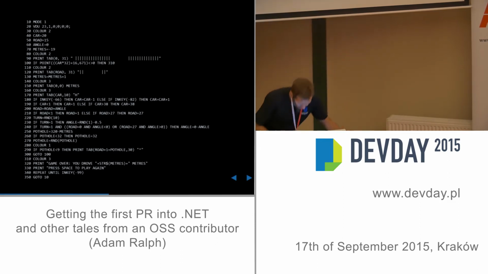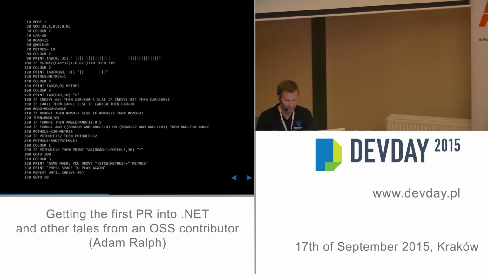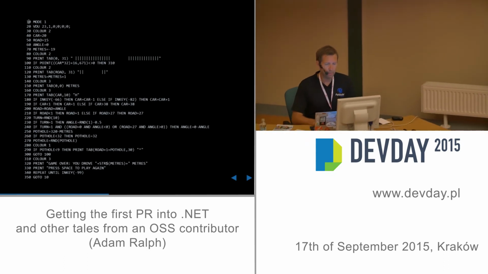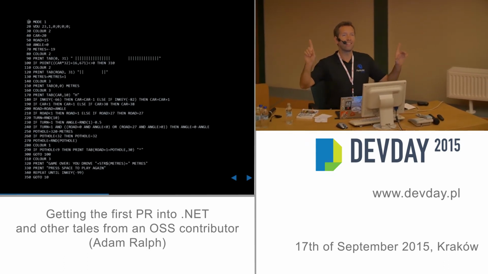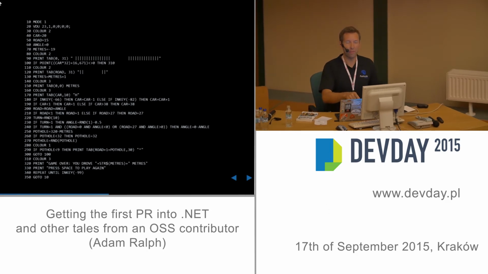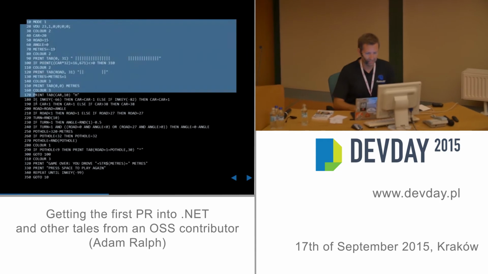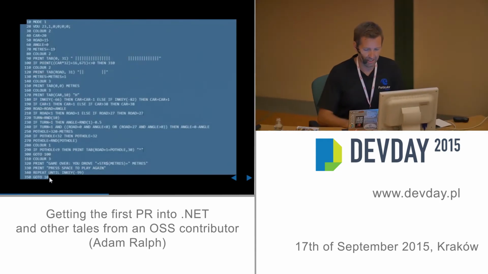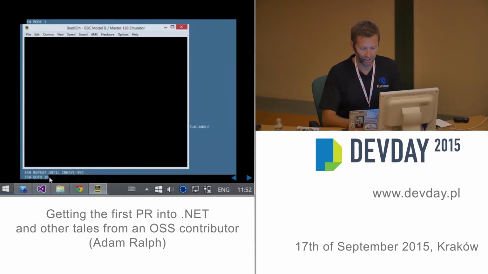And in fact, I can run this thing, which I'll do now. I used to be able to type this out in about 1 minute. So me and my friends at school would get around a computer at lunchtime, and I'd type this out and we'd play it at lunchtime. This took me absolutely hours to recreate, because all the syntax and keywords have been completely forgotten. So I can actually run a BBC emulator,